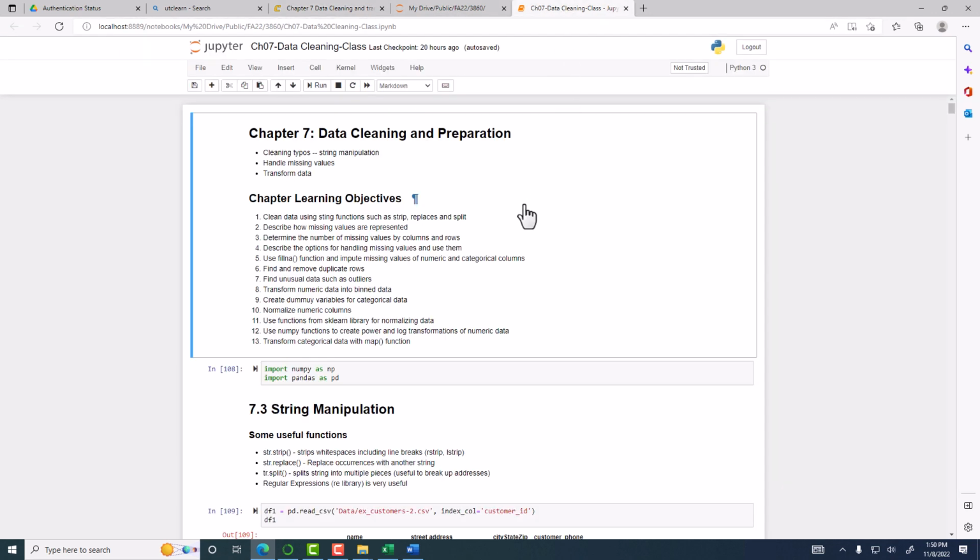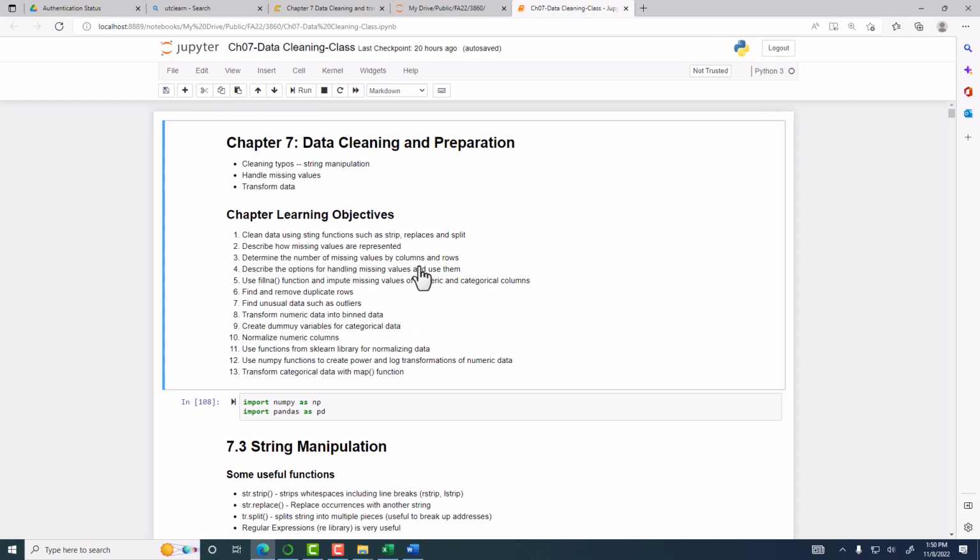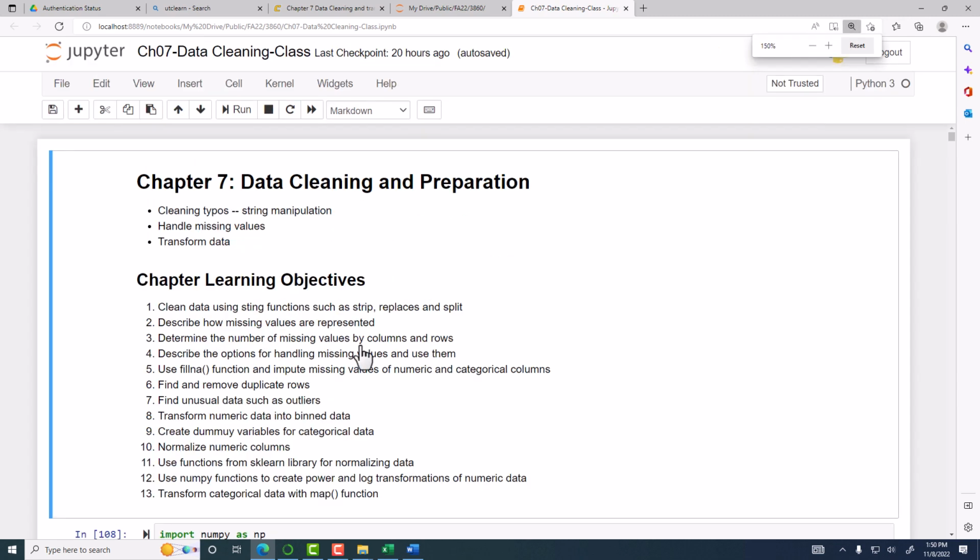So here we're going to look at three basic types of data transformations. So we're going to look at string manipulation. We have seen string manipulation before as a scalar way back in chapter 2. So what we're going to do